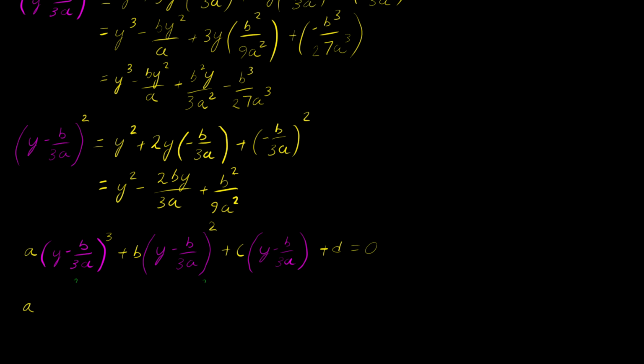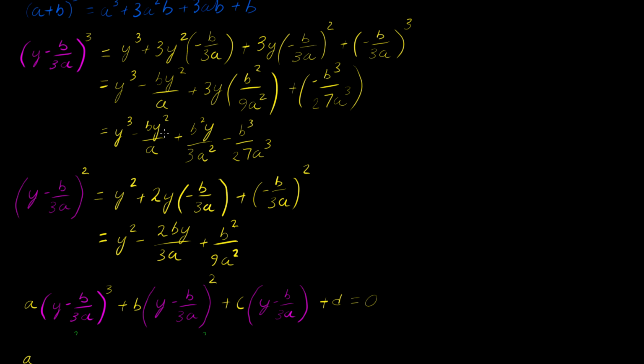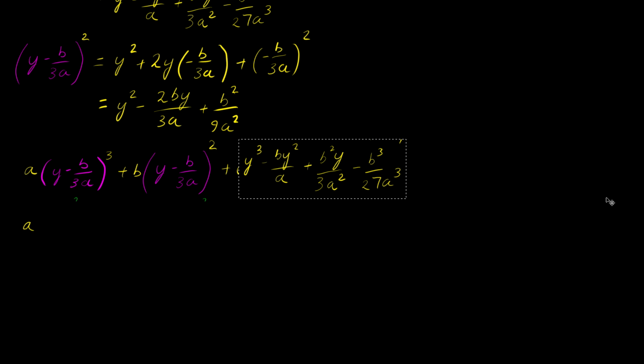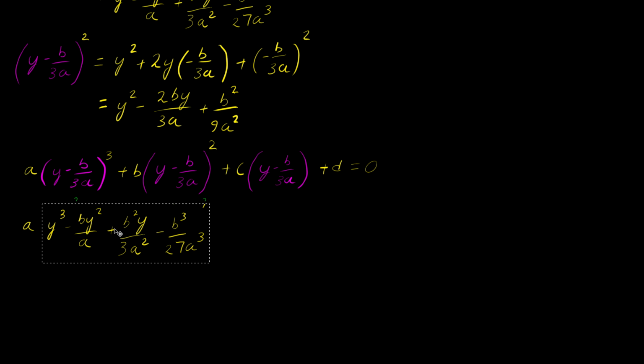Well, we figured out what that was, so let's just replace that. I'm going to copy that and paste it so I don't have to rewrite it. So there we go, there's our y minus b over 3a cubed term. Let me put it in parentheses. There we go. And then we've got our plus